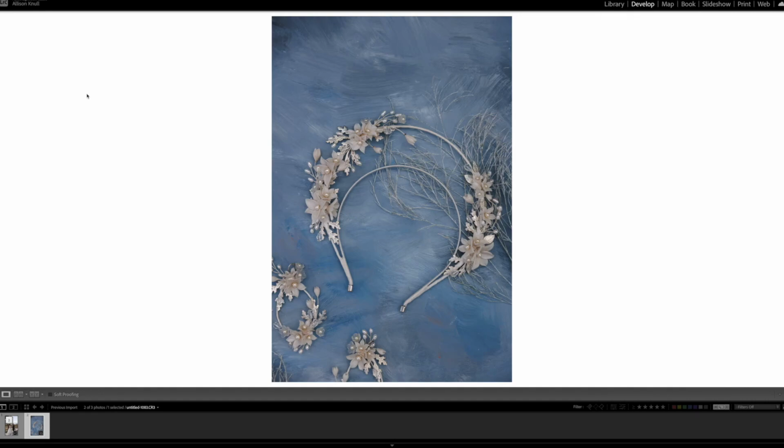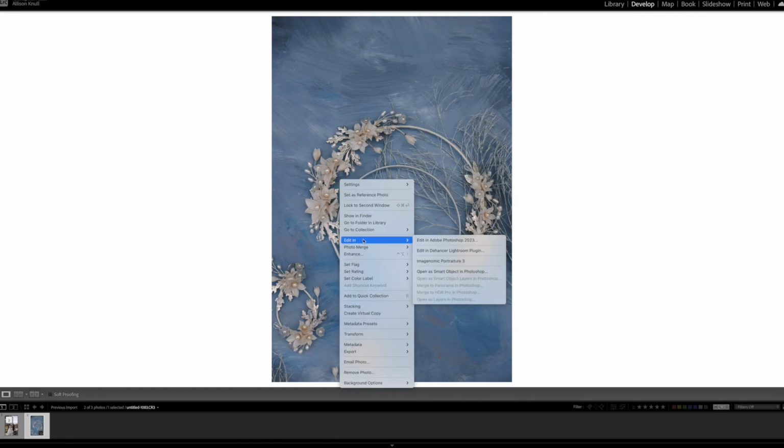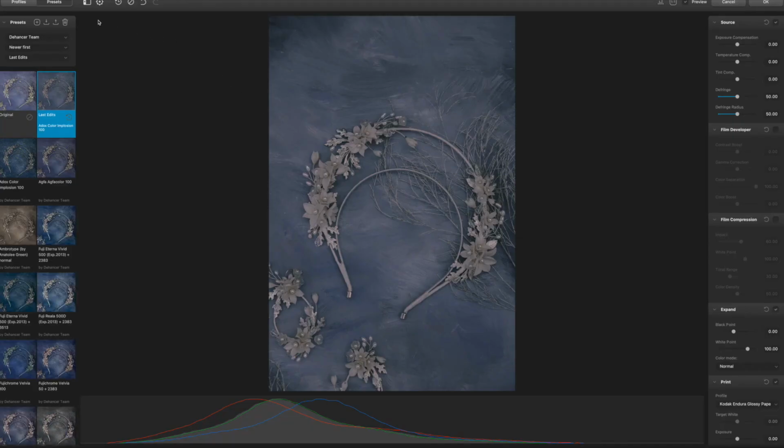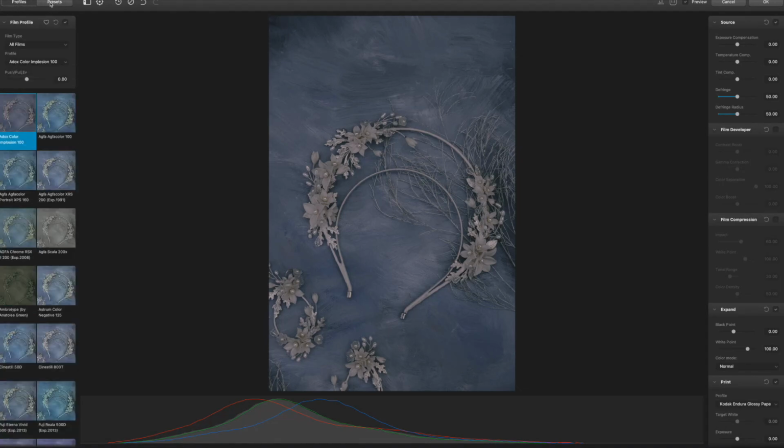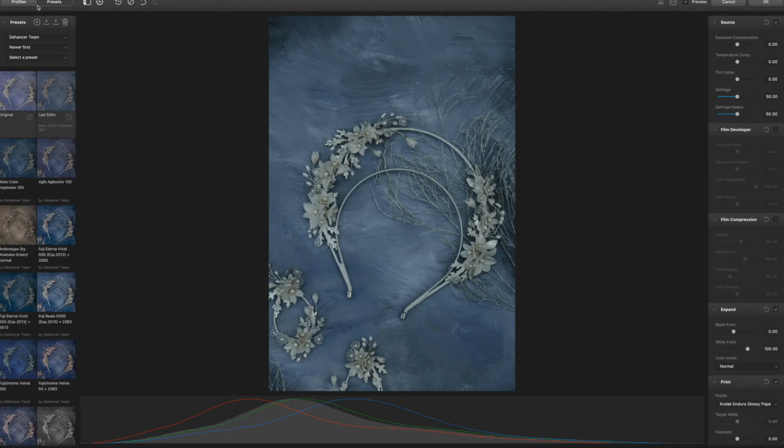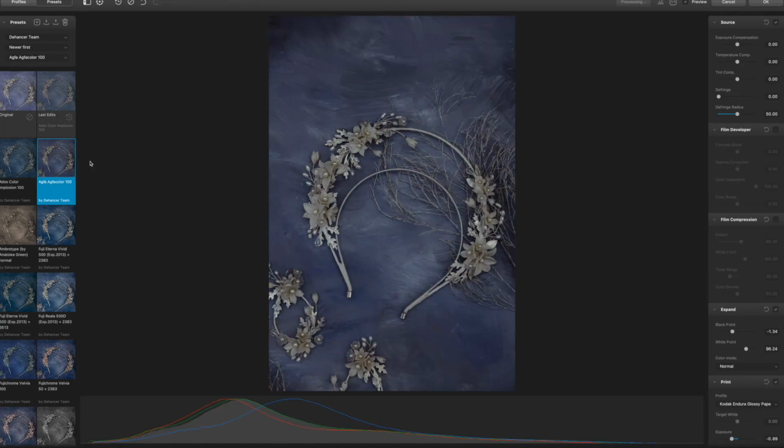To begin, I'm going to show you the detail photo first. So what we're going to do is just right click and press edit in Dehancer Lightroom plugin. There we go. Okay, so at the top there's profiles and presets. I don't really know what the difference is. I think you're supposed to pick like the profile and then go to the preset and pick the preset that goes with it. So like that. And then you can change settings on the right here,